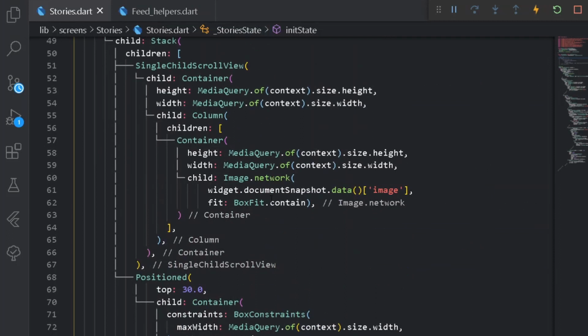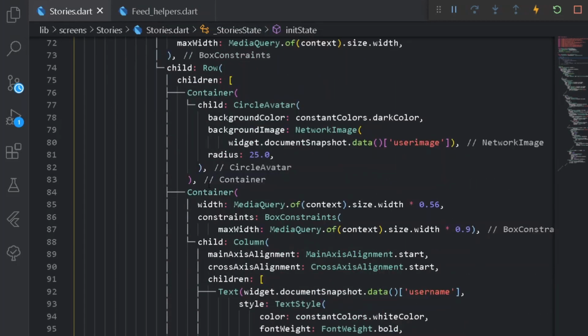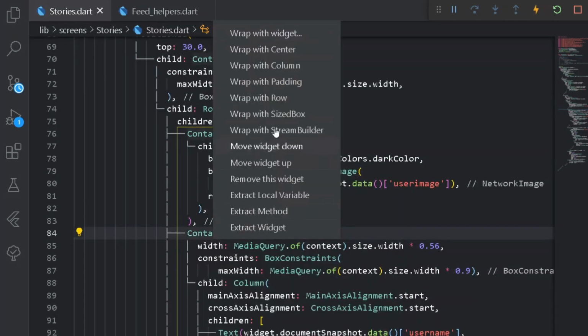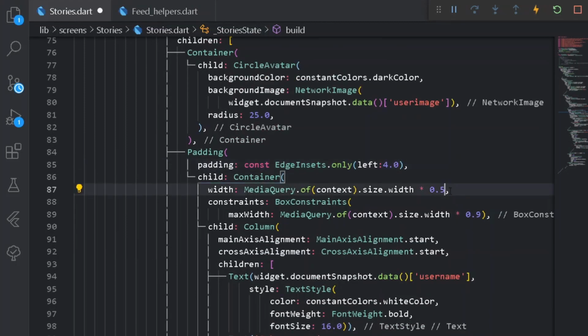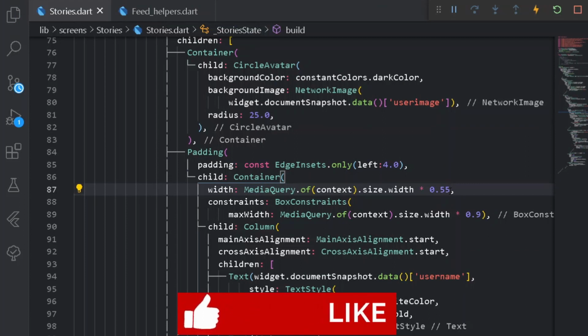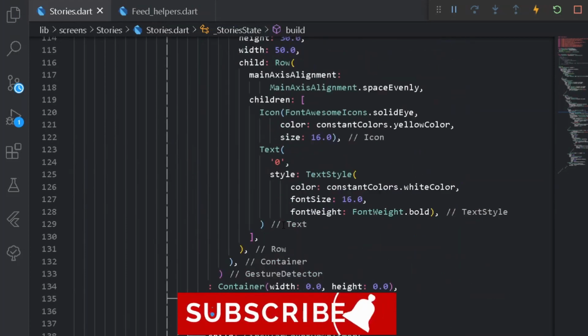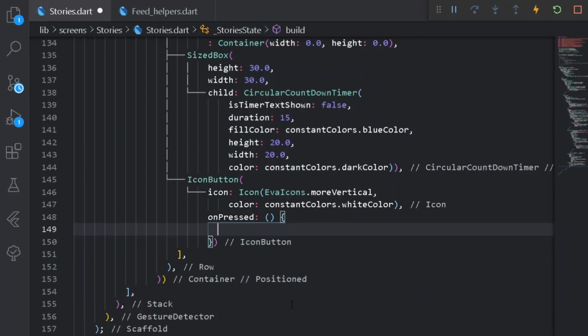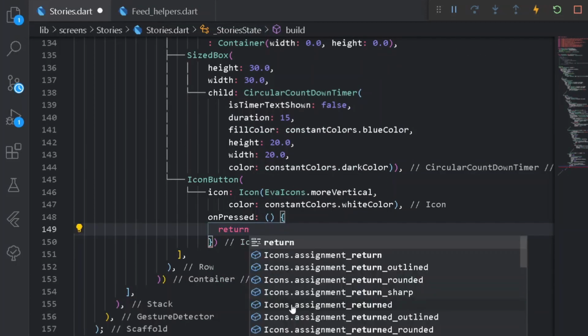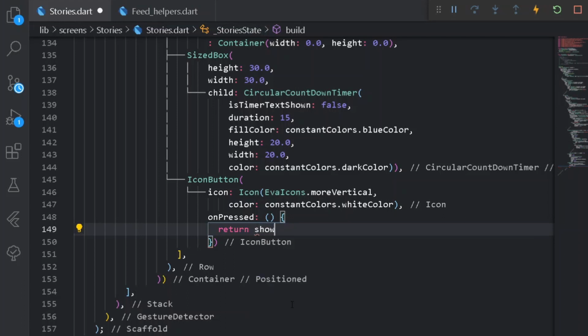So here under this, we can go at the bottom of our entire container, and first of all let's have some padding from the left side. So here let's have padding from left of 4, that shall be enough. Cool, so once we have done this, let's have a width of 5. Now we can go at the bottom to our entire icon button, and here on pressing it, we shall be simply returning a menu for our entire icon button. So for now, I can simply return a showMenu.